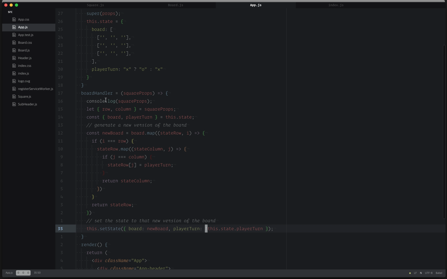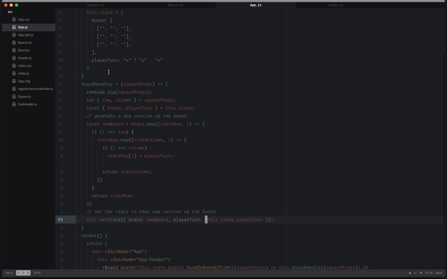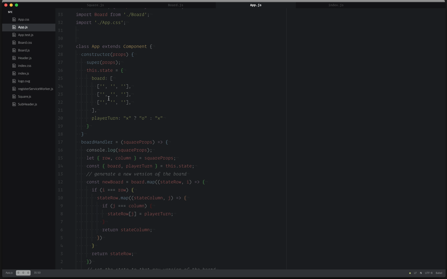Again, it's all just a matter of examining state and seeing if any winning conditions are met or if any rules are being broken, like setting a piece on a spot on the board. So I'm going to get the player turn thing working,